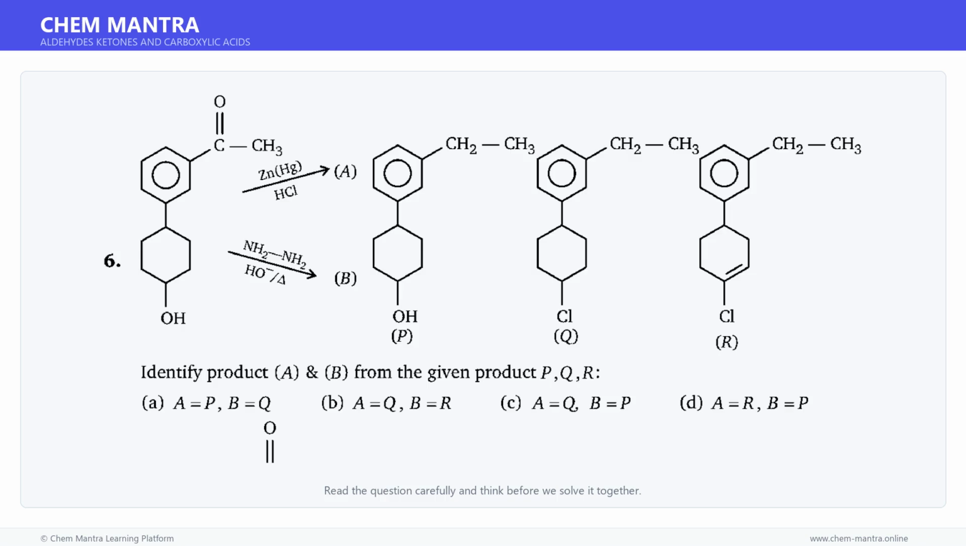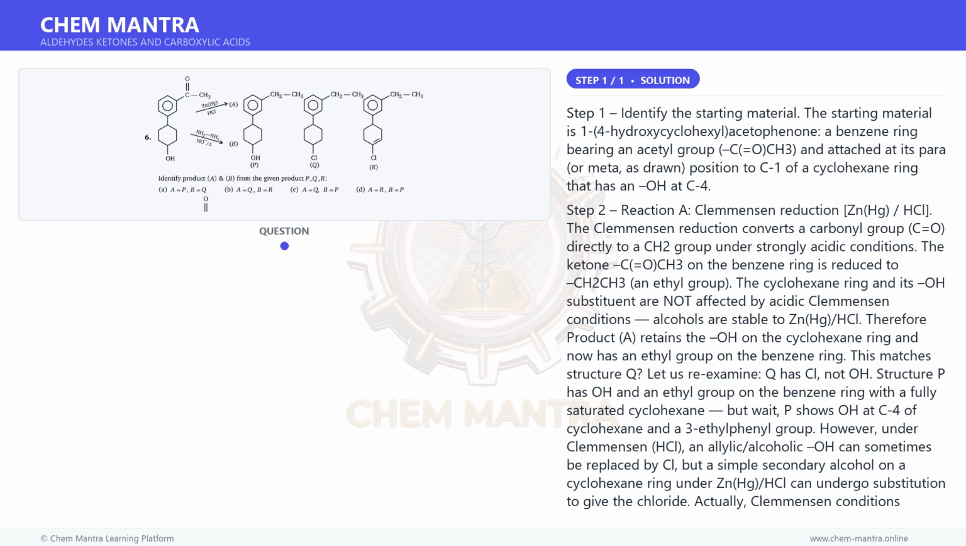Here is a question. Read it carefully and think about the answer. Let us solve it step by step. Let us begin solving this step by step. Step 1. Identify the starting material. The starting material is